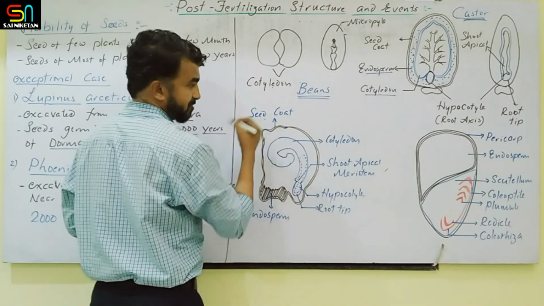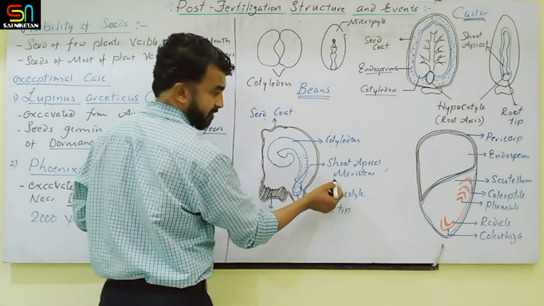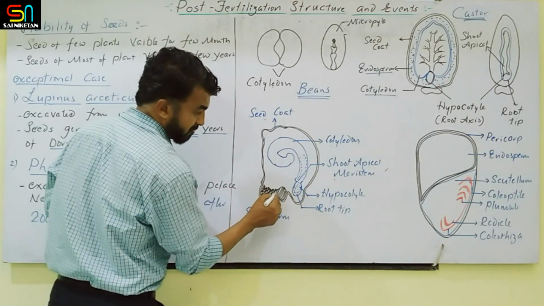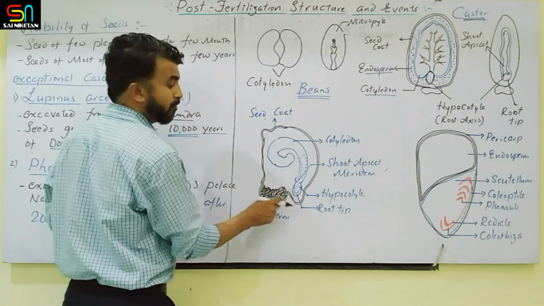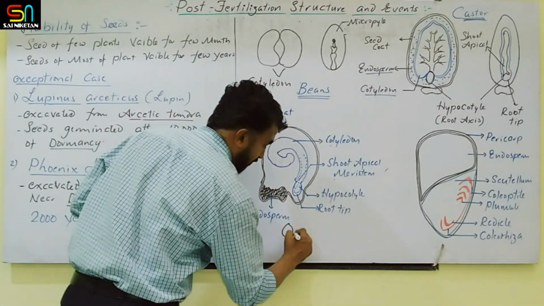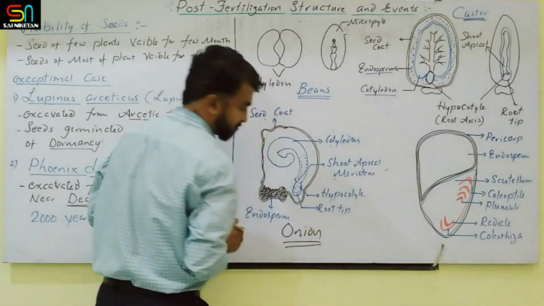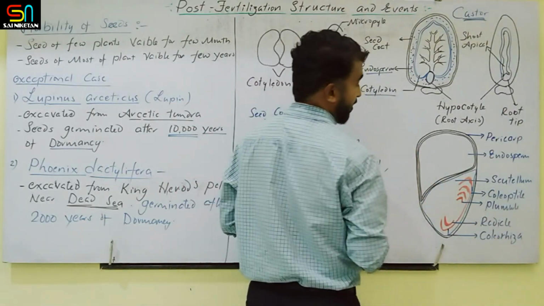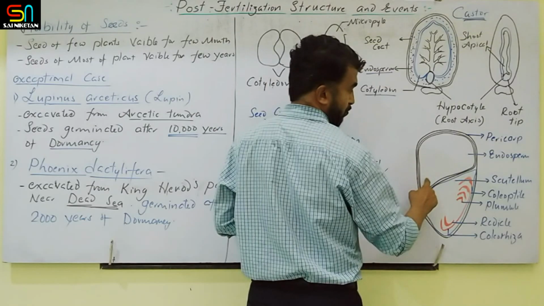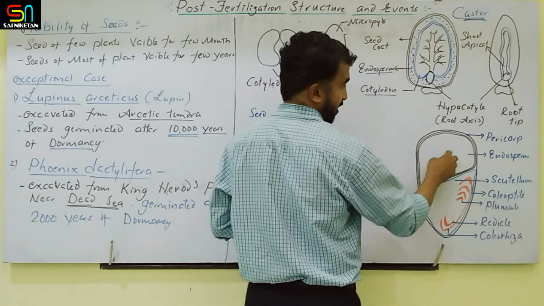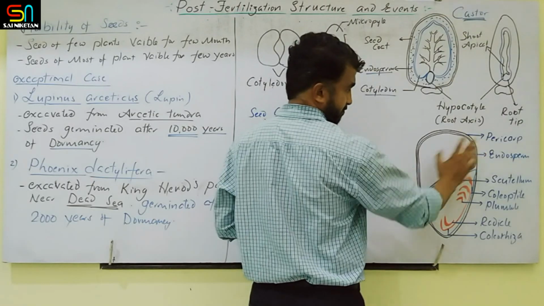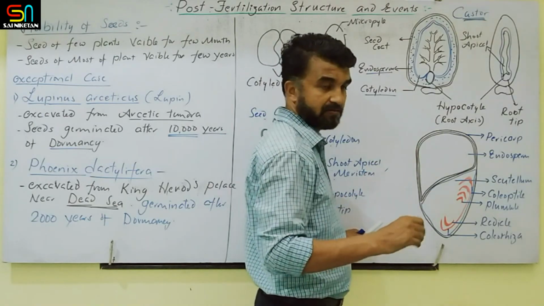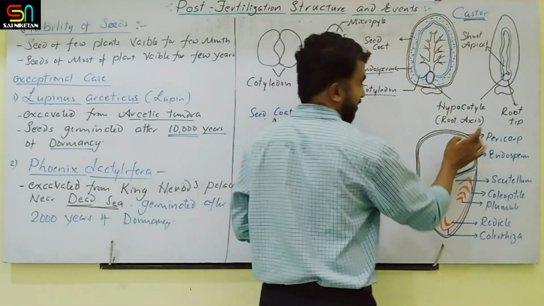In this case also the seed coat is present and cotyledon is present. Here the shoot apical meristem, which is the epicotyl, the hypocotyl and the root tip are given. Again endosperm is mentioned here, so this is also an endospermic seed. This is the seed of onion. Yes, this is the most asked question. In this figure, endosperm is present, covering almost 60% of the seed space, and covered by the pericarp, the seed coat and the outermost fruit wall combined.